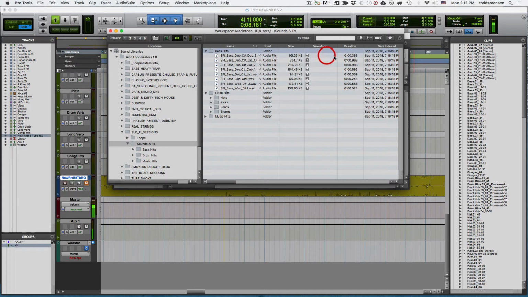You'll notice that there are no waveforms visible here. That just means that they have not been calculated yet. As soon as you click on them or play them, then they will be calculated. So if I click on this one right here, you can see now that this bass loop is playing. It's also looping, and that's because if I